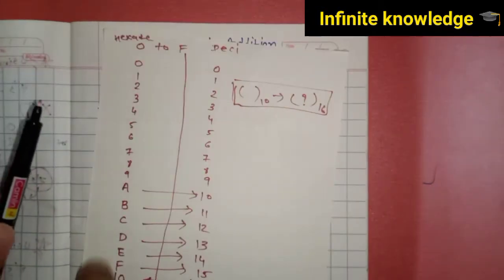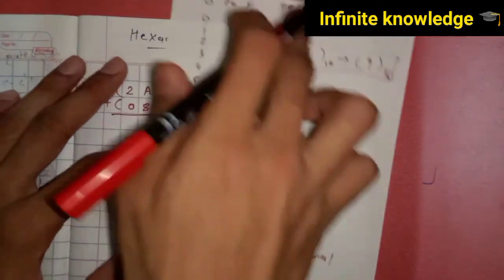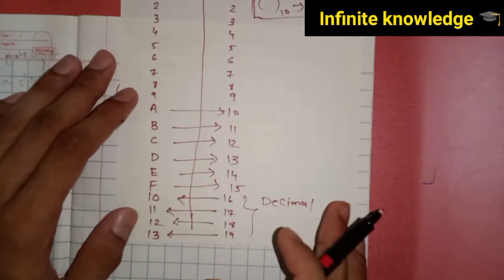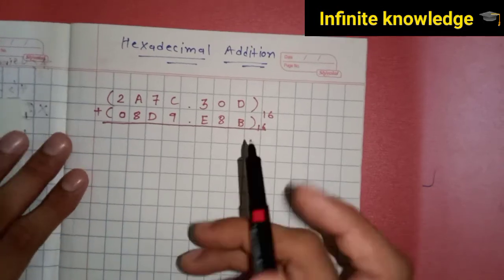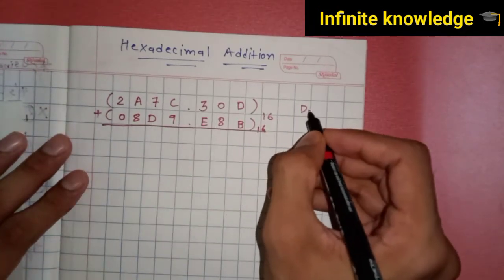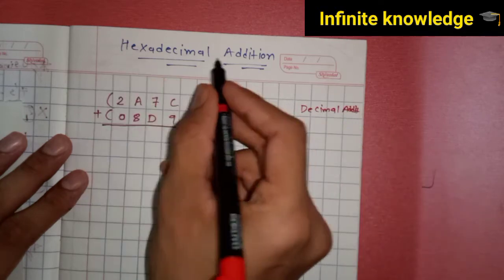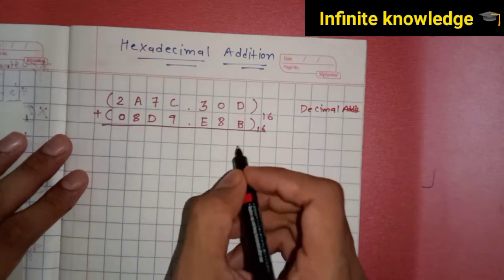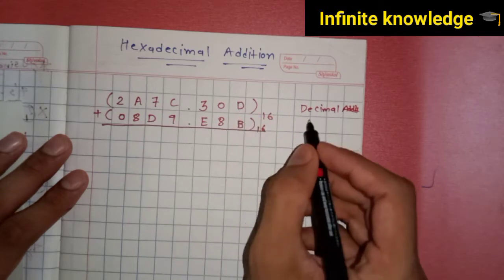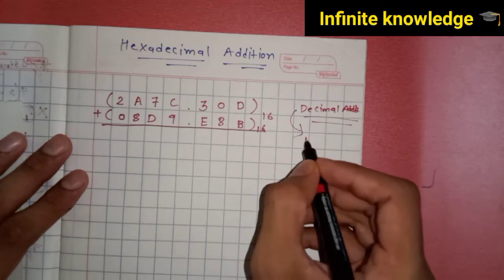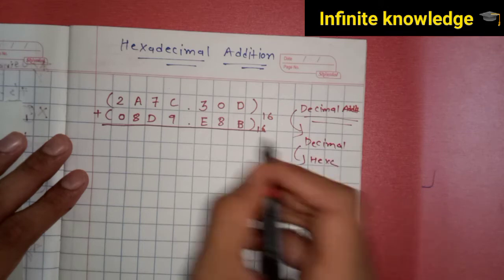If you are doing hexadecimal addition, you first have to write this type of table, which makes it clearer to understand the concept properly. We do the addition simply like decimal. You follow the decimal addition rule for hexadecimal addition, and the answer will come in decimal. If I add D plus B by the simple decimal method, I get the answer in decimal, and then I convert that answer into hexadecimal and put it here.